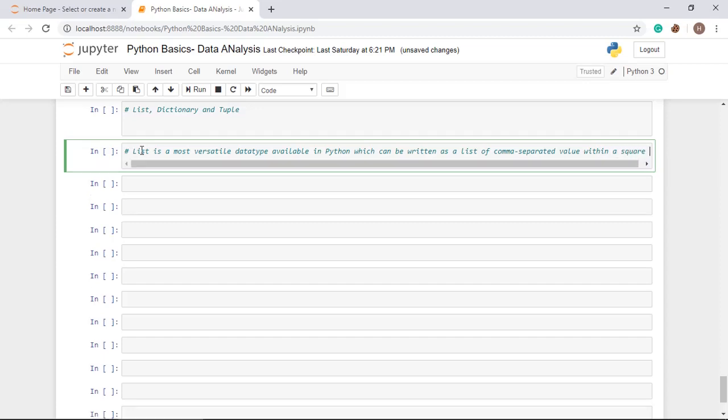Whenever you are going to type a list, you have to always use square brackets, and all the elements of the list will be separated by a comma.